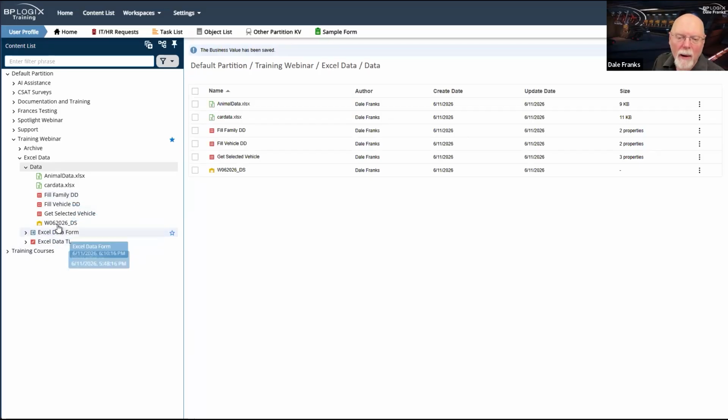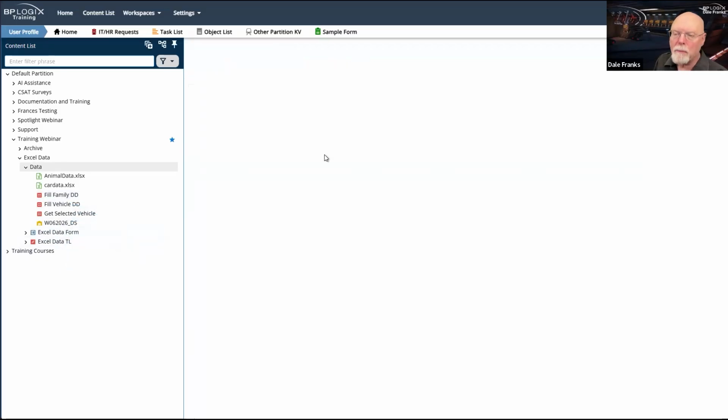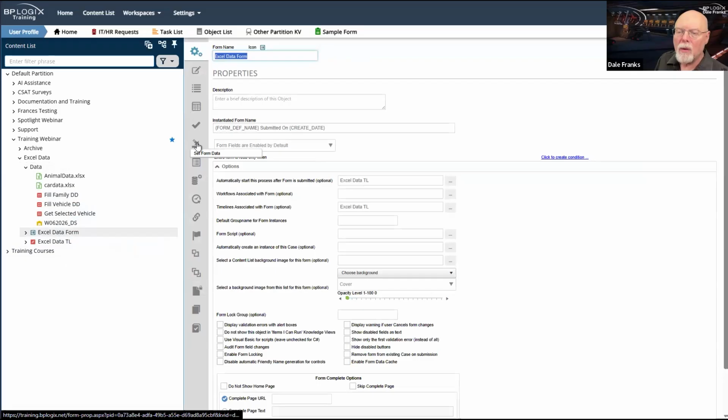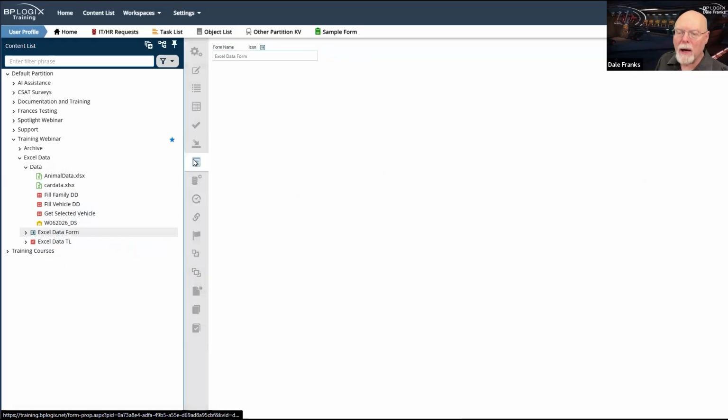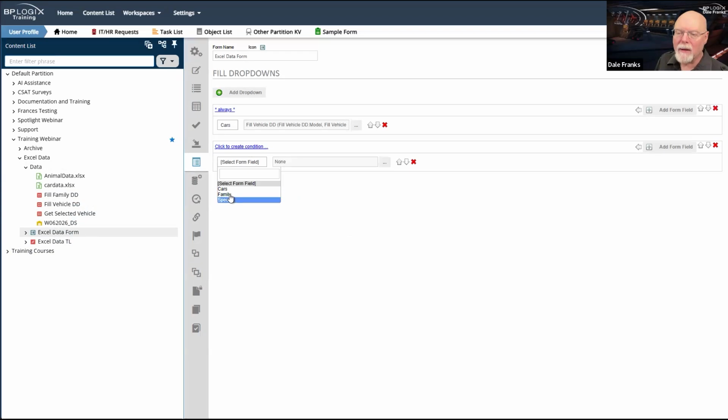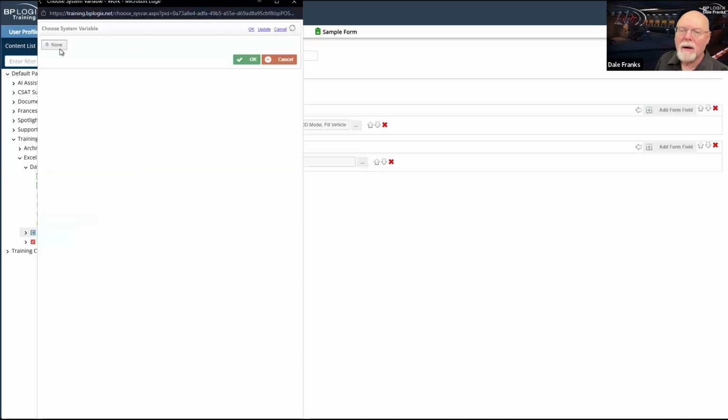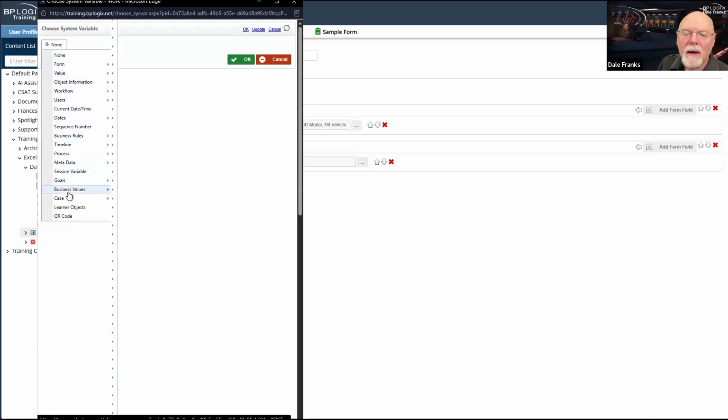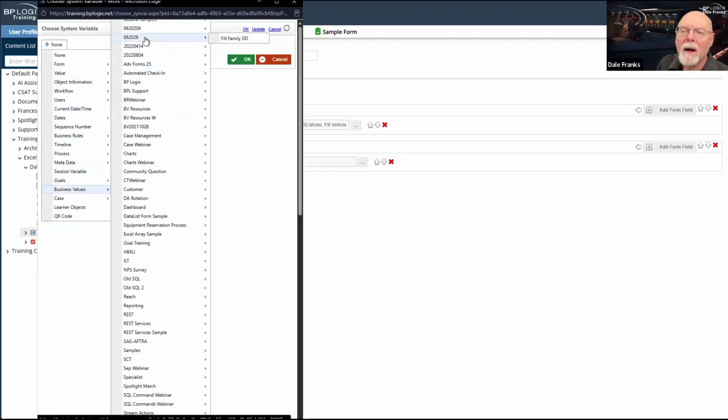And we're going to go back over here to our form. We will go to our fill dropdowns. And now we need to add another dropdown. And in this case, it's going to be family. And once again, we're just going to use a business value. And it will be fill family.